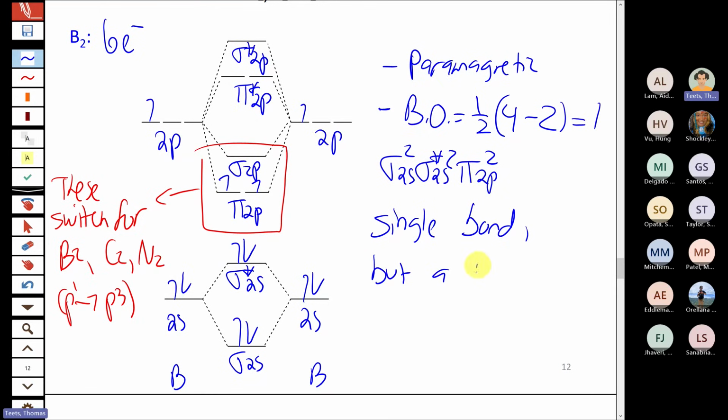So that's another difference you sometimes see. We don't tend to ask a lot of questions about that, I suppose. But that's another distinguishing feature of molecular orbital theory versus valence bond theory. Valence bond theory would have said, if the bond order is 1, it has to be a sigma bond, and that's as simple as it gets. But for molecular orbital theory, there are situations, especially when you flip the ordering of these two orbitals here, that you can get a single bond, but it's actually a pi bond, because again, sigma and sigma star cancel out. The net bonding orbital is going to end up being pi in nature. All right, so that's B2.